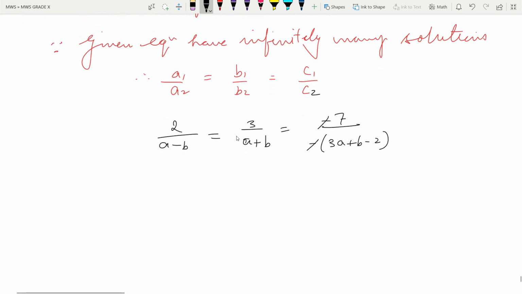Okay, with the help of this you can set any two of the ratios equal to each other. So I am writing in the first case the first and second equal, and on this side I am writing the second and third equal to each other. As they all are equal, we have to make two different equations. So let us make.